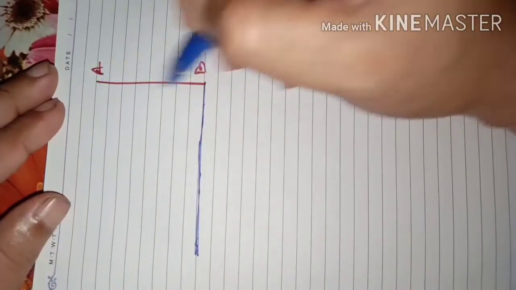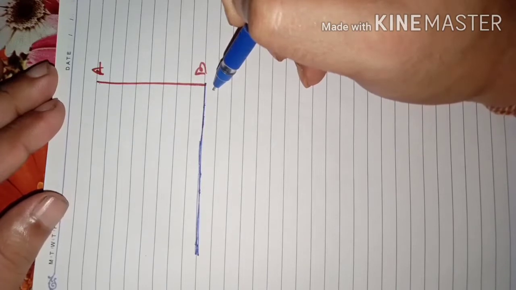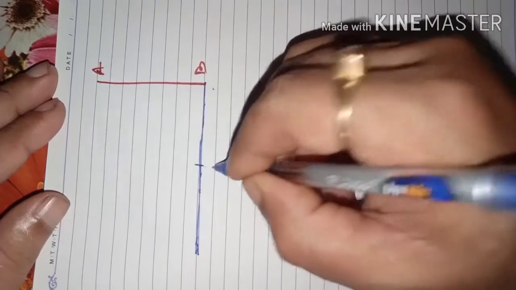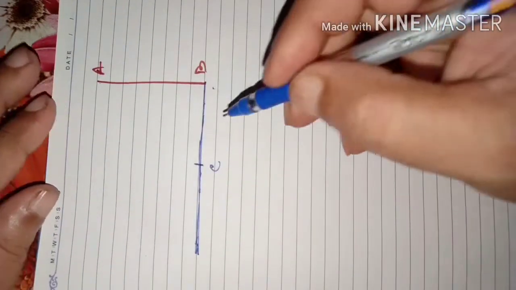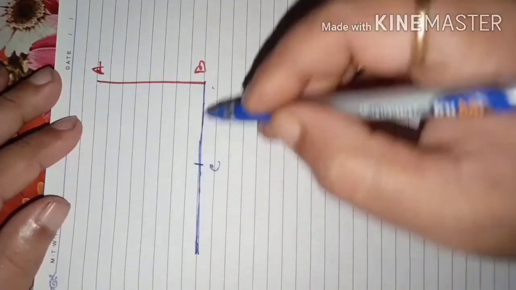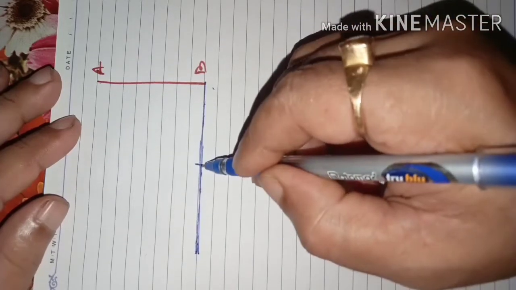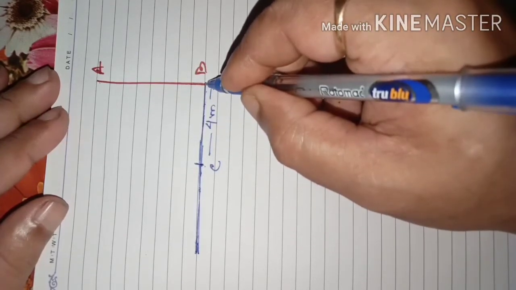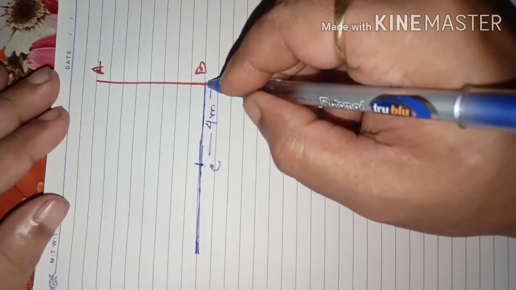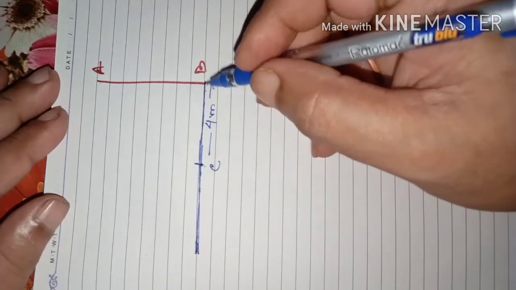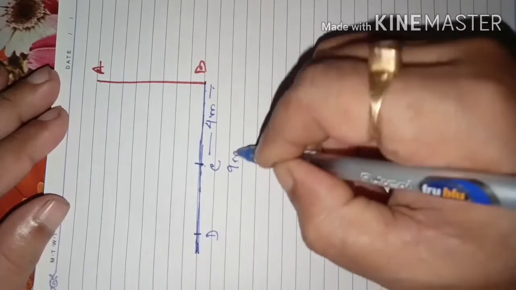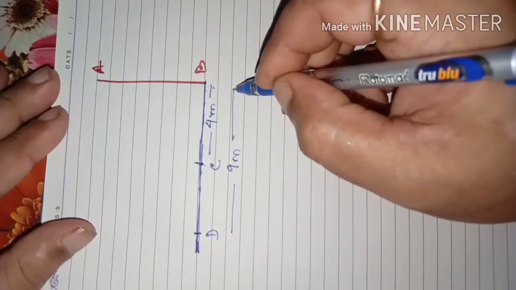Suppose this is the tower AB. Okay. The angle of elevation of the top of a tower from 2 points. Say one point is here. As you are learning this type of thing, how to consider a point on the ground C at some distance, and this distance is 4 meter from the foot of the tower. Okay, and another point is at a distance of 9 meter from the tower. So another point here you take D, whose distance is 9 meter from the foot of the tower.